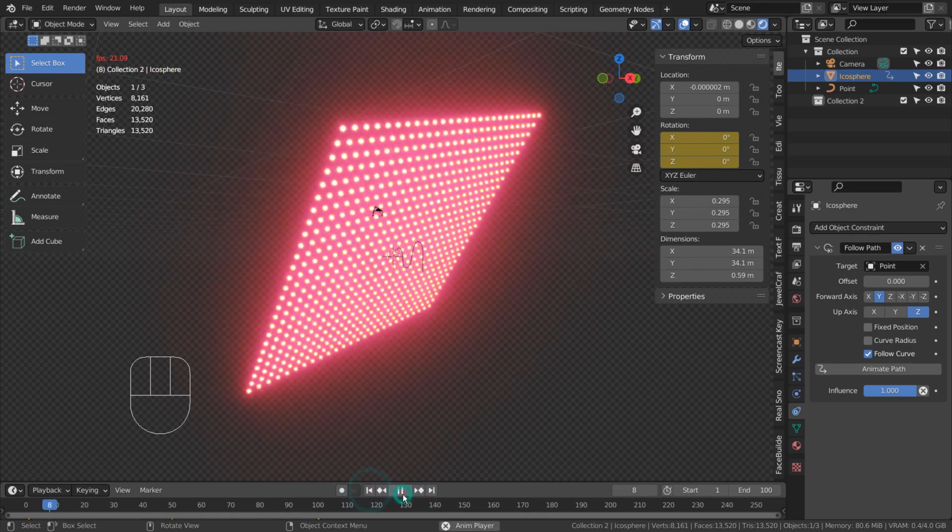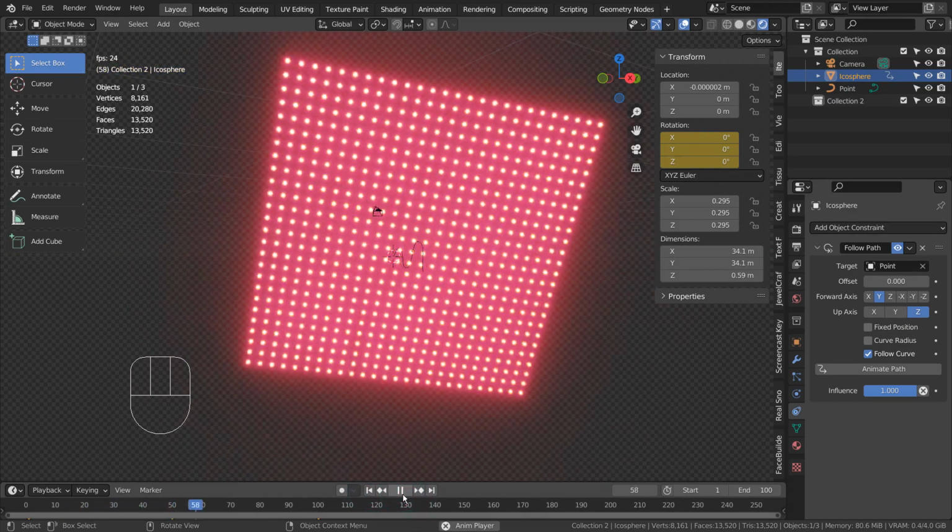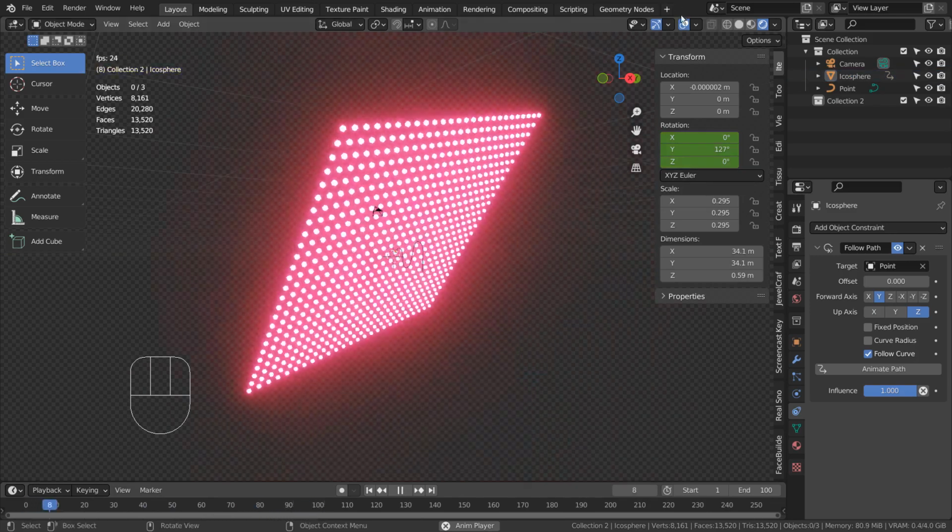We can use this instanced mesh animation method to create a cool looking background for logo animation projects and so on.